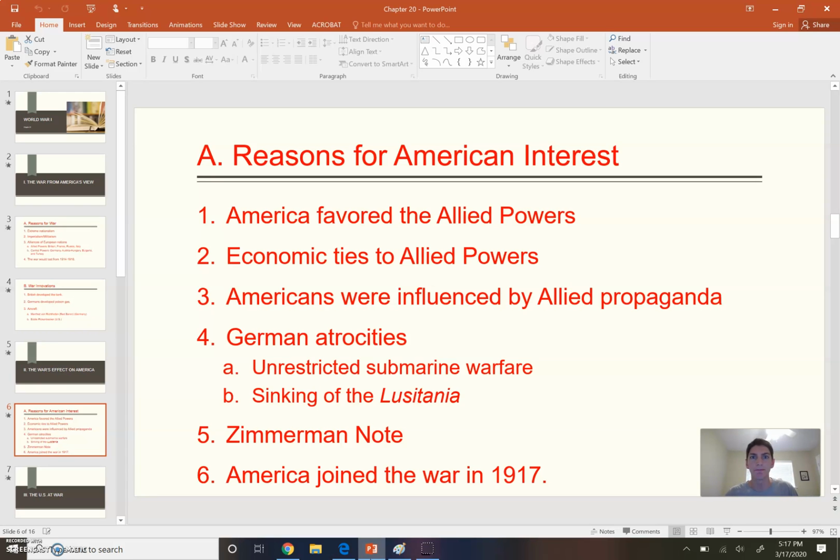They didn't like that either. And they set up these zones in the ocean, in the Atlantic, and in the North Sea as well, that they said, if you sail into these zones and we believe you're carrying items that can help Allied powers, we will sink your ship. Well, one of those ships happened to be the Lusitania, which you should remember from your